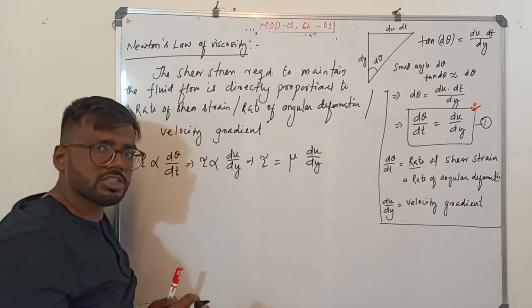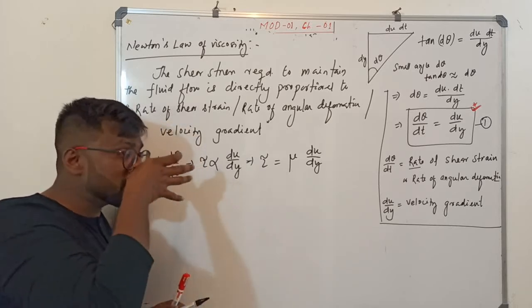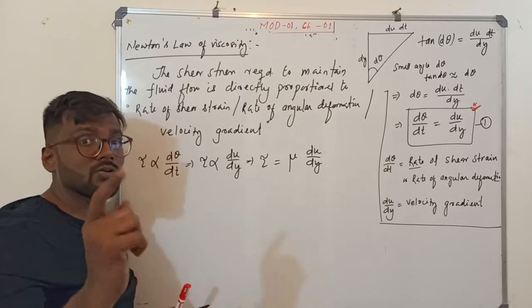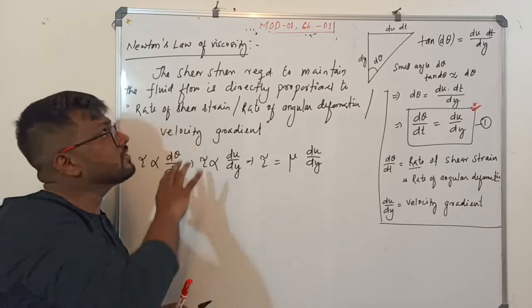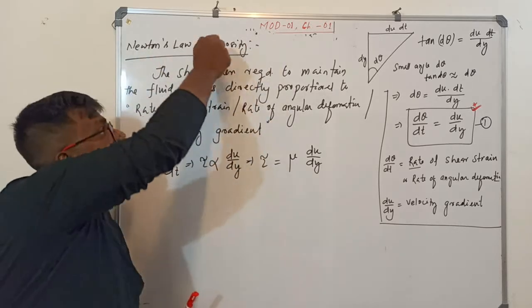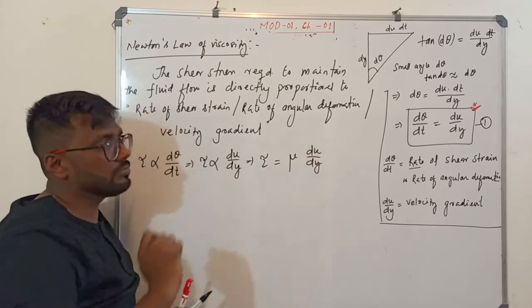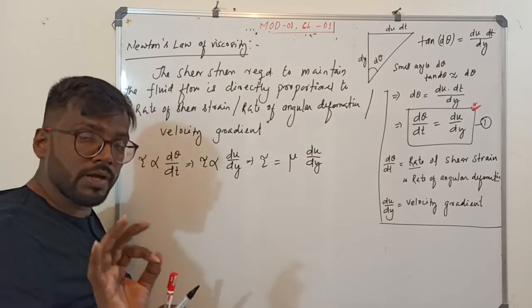Why is there a velocity gradient? Because of viscosity, because of resistance. And I told you, the third point of viscosity, after some time when the continuous viscosity is there, that only we consider as shear stress. Initially at the starting of the video I have written viscosity definition 1, 2, and the third point. Okay, so tau is equal to mu du by dy.